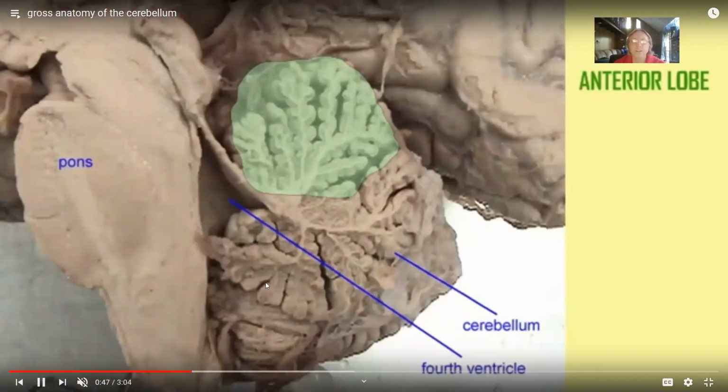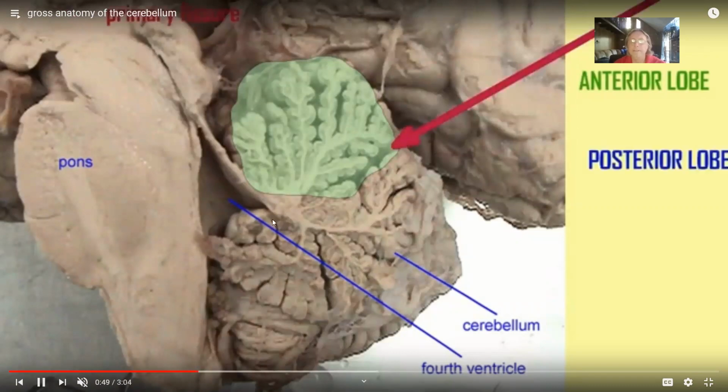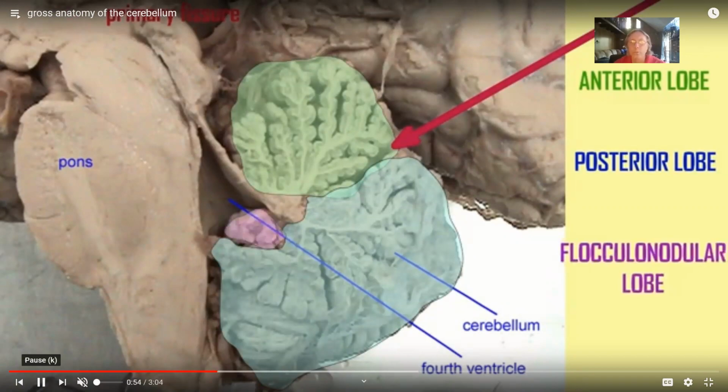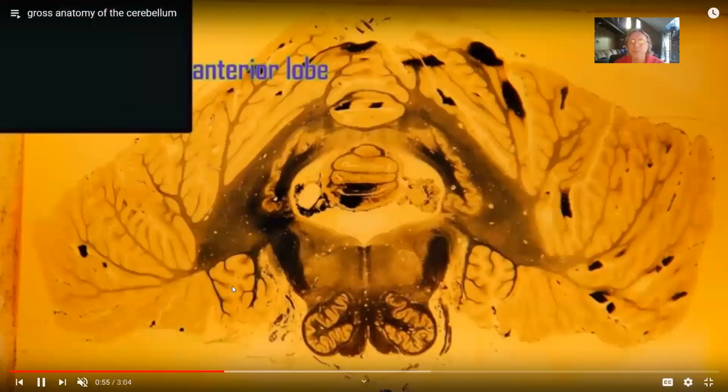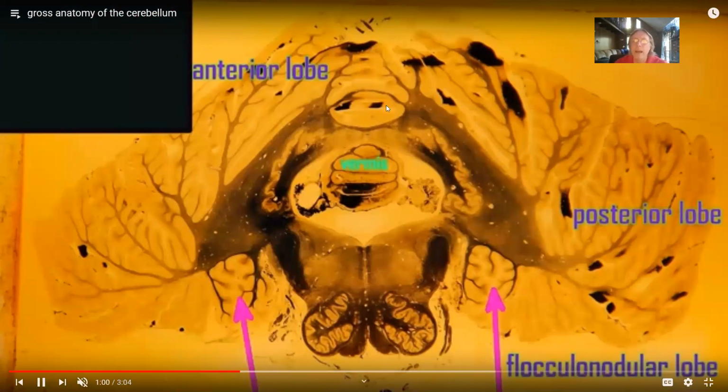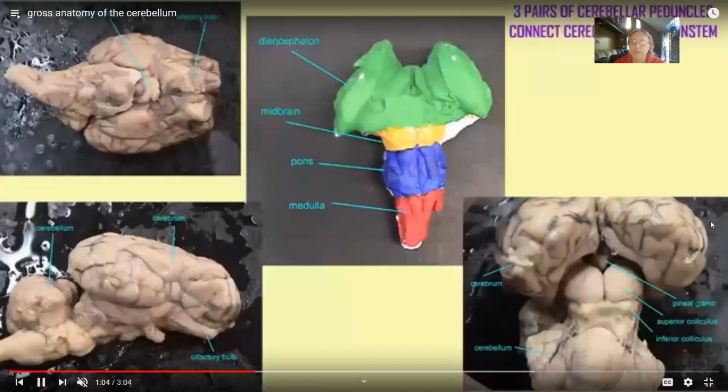And then the smallest lobe, the flocculonodular lobe, is not visible from the surface, but you saw it from the midsection. And also here you can see the flocculonodular lobe of the cerebellum here. So there is a central vermis region, and then the lateral cerebellar hemispheres then have